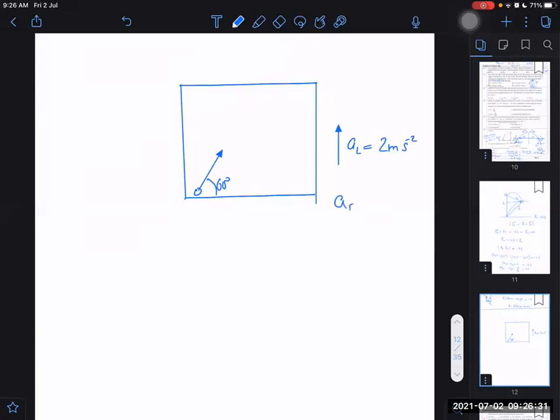What will be the acceleration of the ball, by the way? The ball is falling under gravity when it leaves the contact of the lift. The lift has no control over it. The acceleration of the ball will be minus 10 meters per second square. What you are telling me is the ball relative to the lift, that is AB minus AL, which becomes minus 10 minus 2, equal to minus 12.